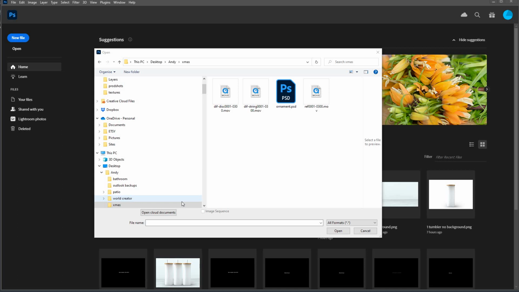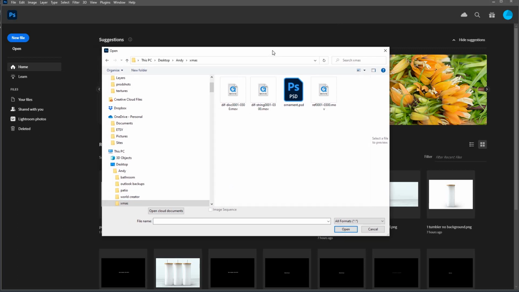This is the instructions for the Christmas ornament animated mock-up. Once you've got your file from OneDrive, what you need to do is extract the zip file into somewhere on your hard drive. Once you've done that, you navigate to wherever you saved it, and you should see this ornament PSD and 3